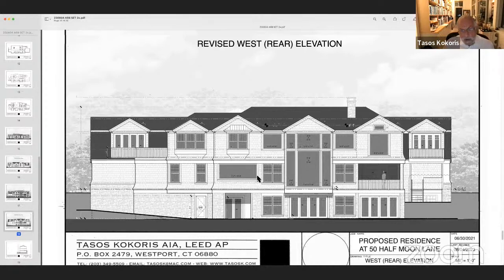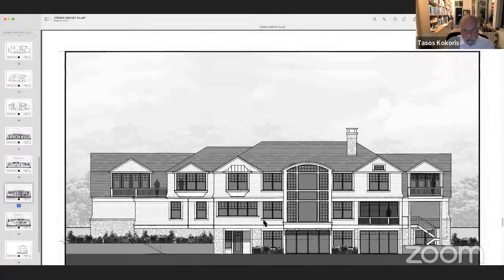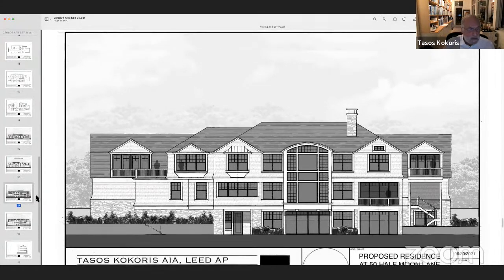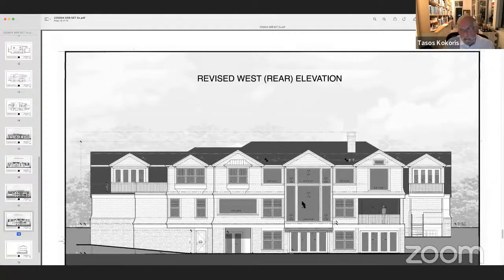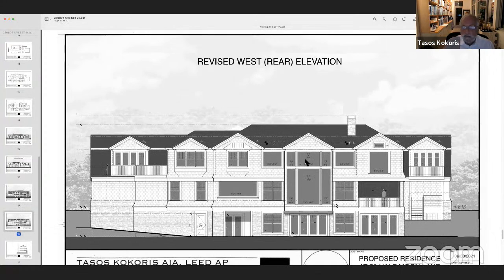There's a kitchen window, and I can toggle back and forth if you like, but it's basically this window that we changed from a number of divided lights and more traditional motifs to a perhaps less traditional, but a lot more appropriate, design for the views that we have here.